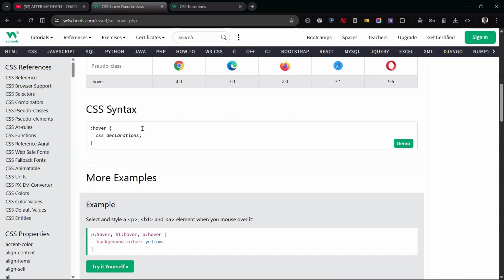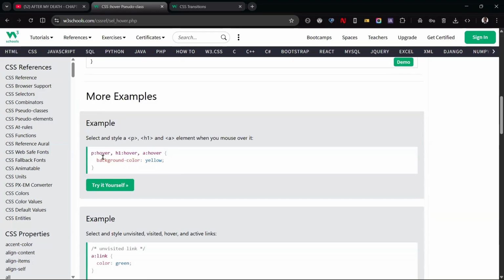This is the syntax, as I told you, that this is the way it's written. Then here is where you declare your CSS, and this part, the pseudo class. So this is how it is applied, as I told you. So you remember this kind of